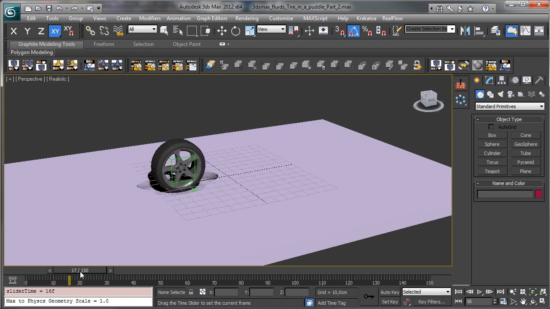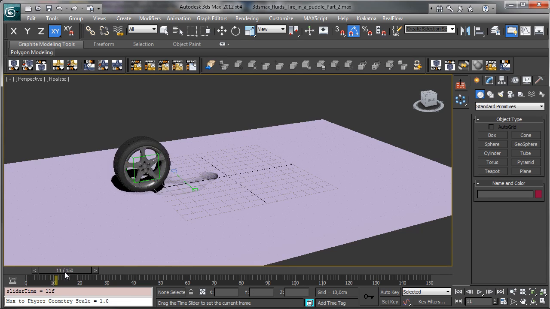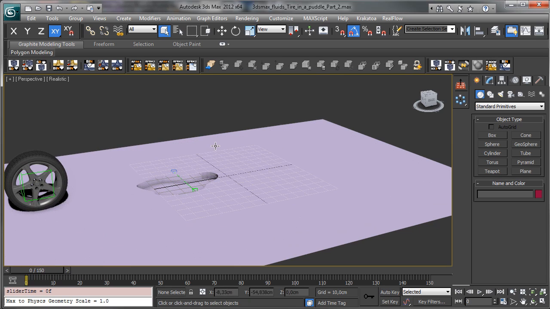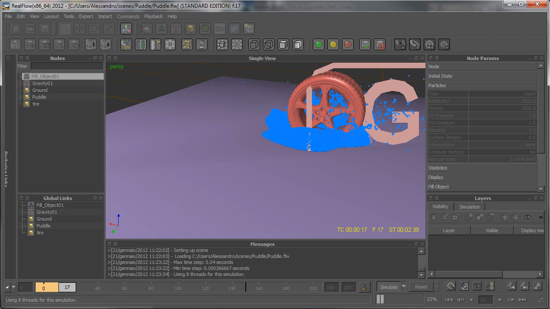So that's our scene, and you know that we have no mesh there inside the 3ds Max for the water, because the mesh will be exported from RealFlow for 3ds Max. So the scene is ready, and we have just later to check the lighting and the shading just to have a rough resolution and a rough setup to have the final scene. Let's go back in